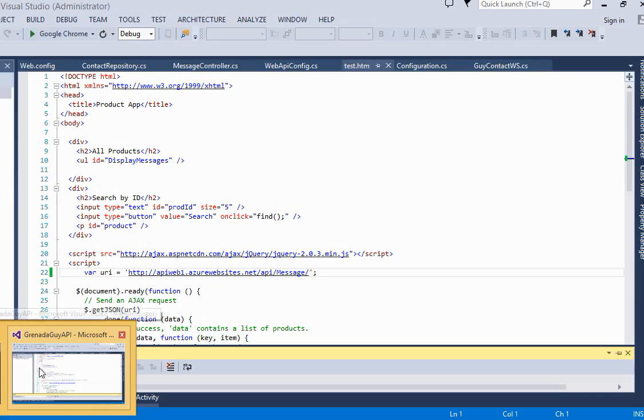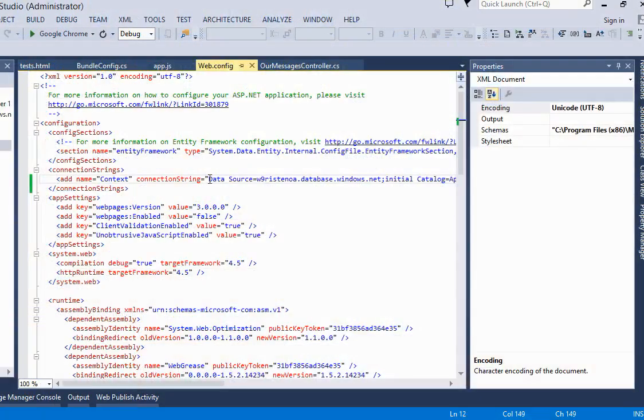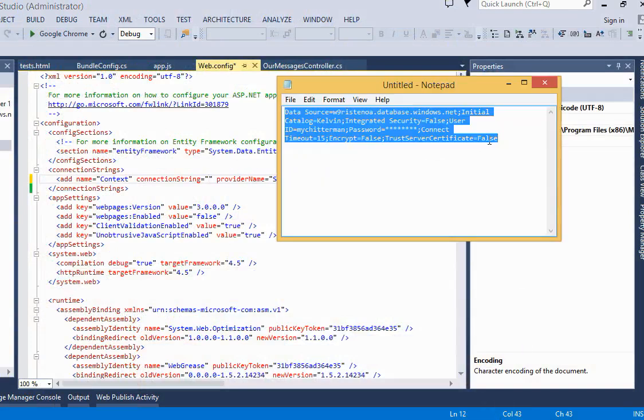So this is video 2. Connect to your database and ensure that you have your connection string. I'm going to remove it here now. I'm just going to paste in my configuration string here,